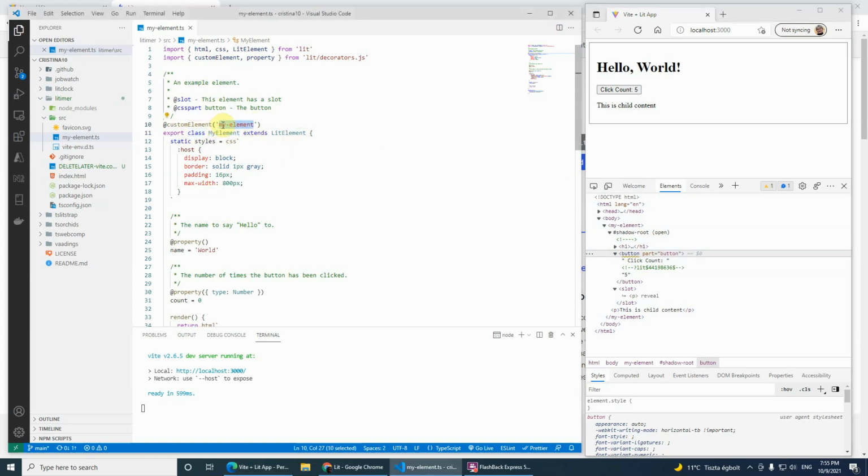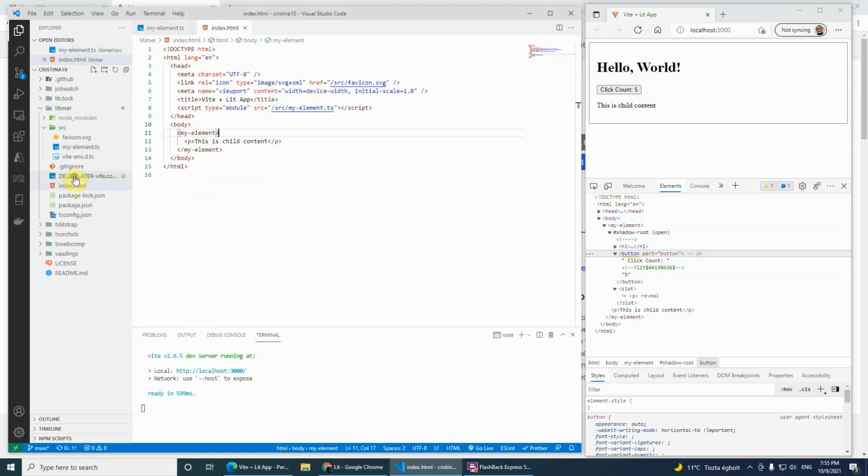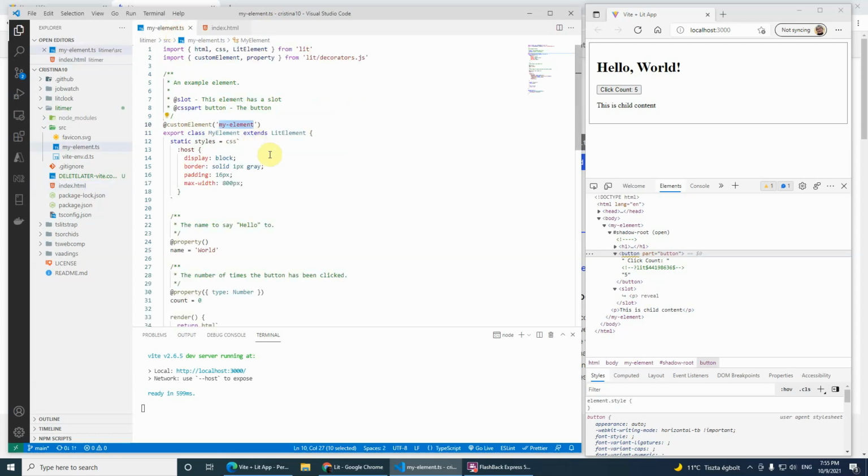So this is the way you can reference my element in the body, and then when it is registered in your browser you can use it as if it were a built-in HTML tag, an HTML element, so to say. To make our life easier, usually when you don't use Lit, you extend your custom element classes from the regular